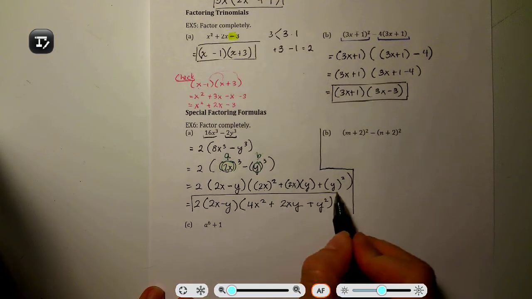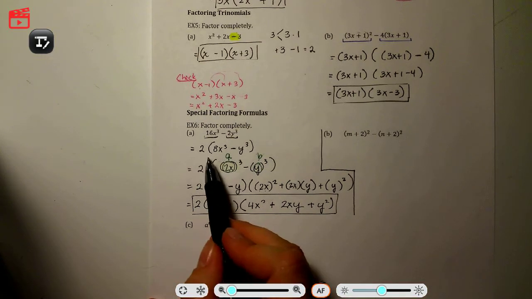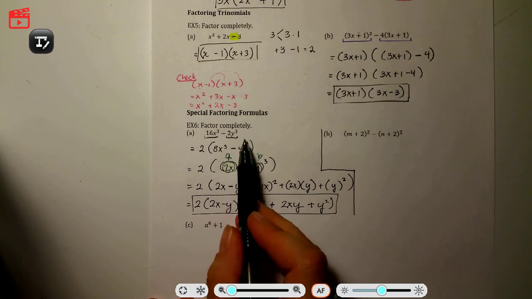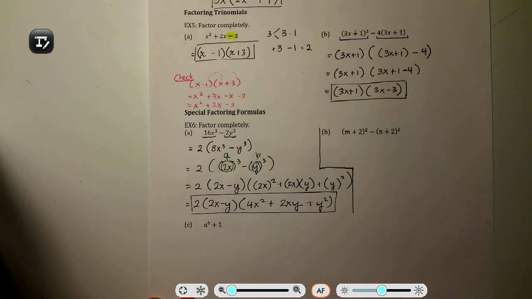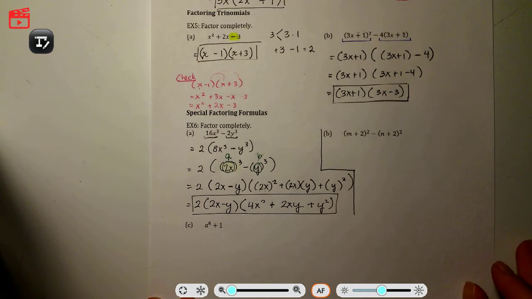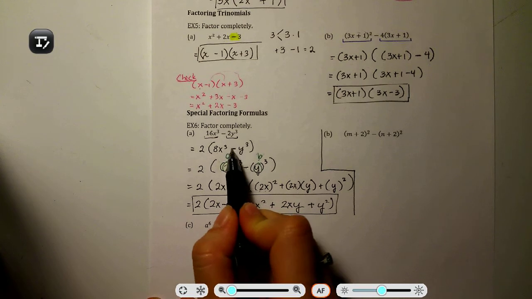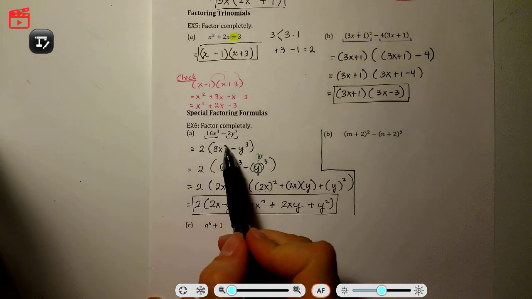That was kind of fun and sneaky. So first we had to factor out a common term there, the 2, and then we had to recognize that this was the difference of cubes. So the best way to recognize that is, one, just sort of always be on the lookout for the difference of cubes. Okay, so if you see a binomial, so 2 terms, and there's a subtraction sign, just try and check to see if this is a perfect